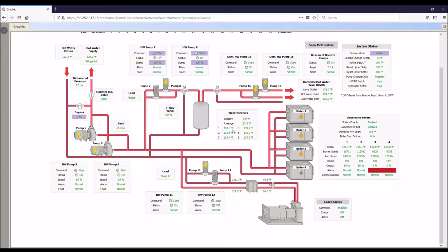So the way this works is we have a temperature sensor in all 6 water heaters. We take the average of all those and we try to maintain 140 degree water. As we fall below 140 degrees, that three-way valve starts to open to the heaters here to provide heat to them. And these pumps, one of pump 7 or 8, whichever is the lead, is designed to modulate up to